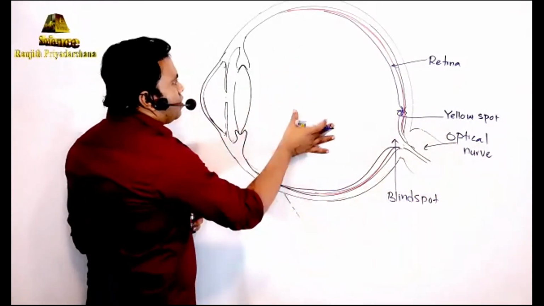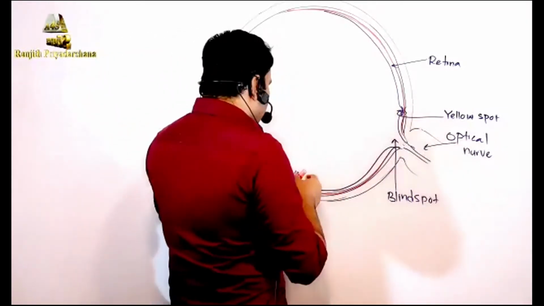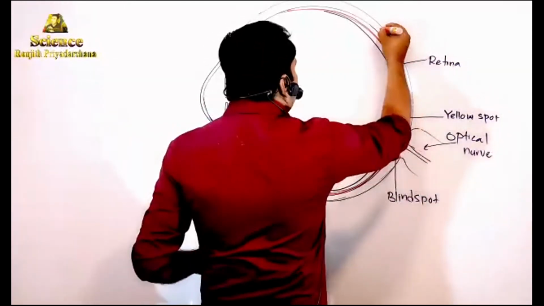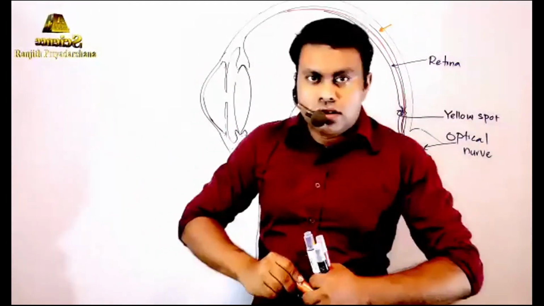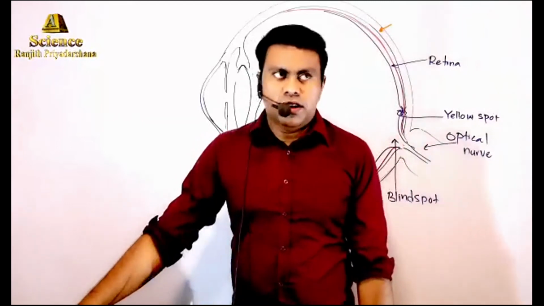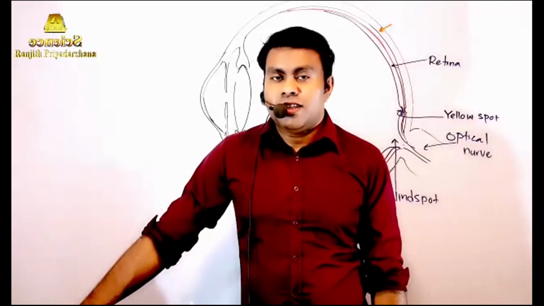Yes, it's the front side of this eye. Another one, the most important and hard part of the eye is this sclerotic layer. Yes, it is made up of a special type of hard protein. That hard protein is named as